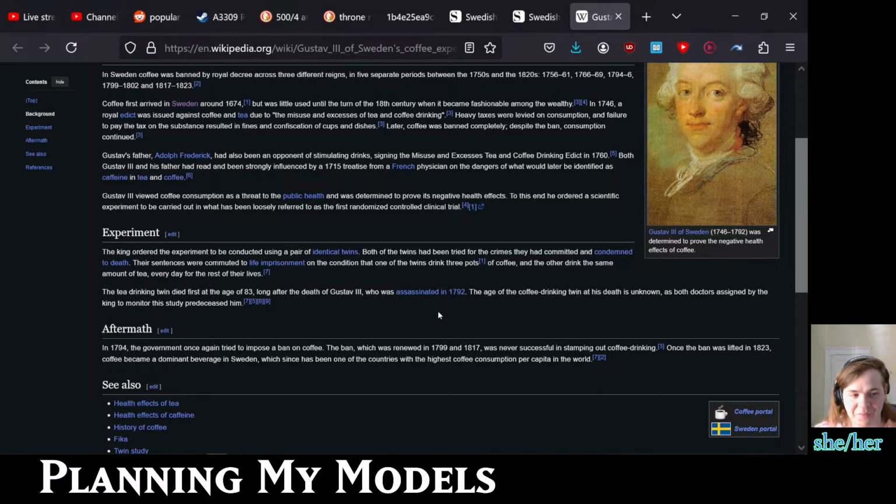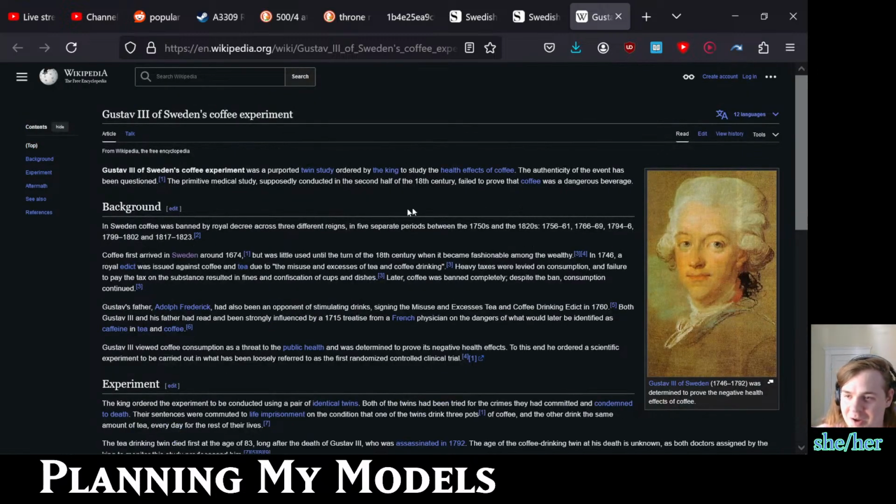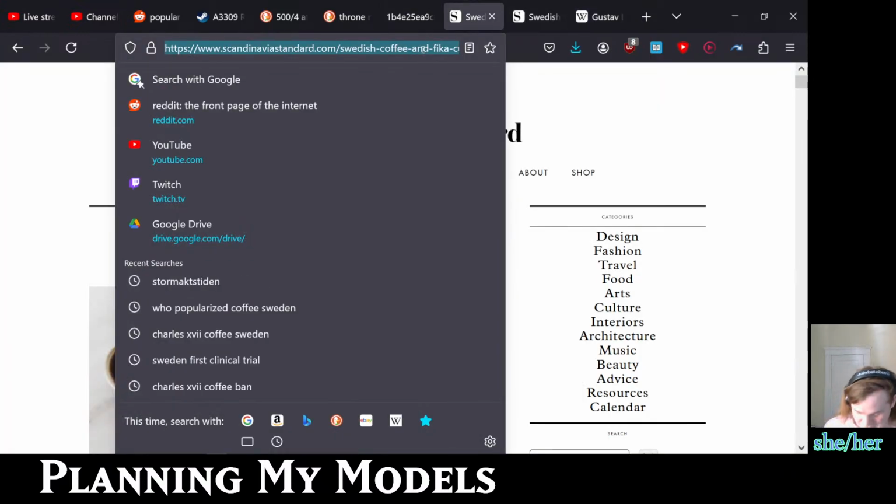But you need more than 2 people, right? And yeah, they both outlived the... I guess I didn't say this here, but I read somewhere else that they outlived the king. They outlived the doctor whose job it was to take care of them, and the coffee drinking twin died later. So whatever Gustav was trying to prove failed. I can't believe King Charles XII's